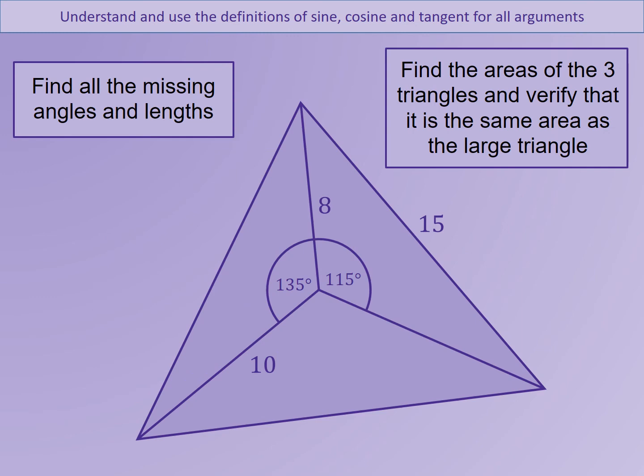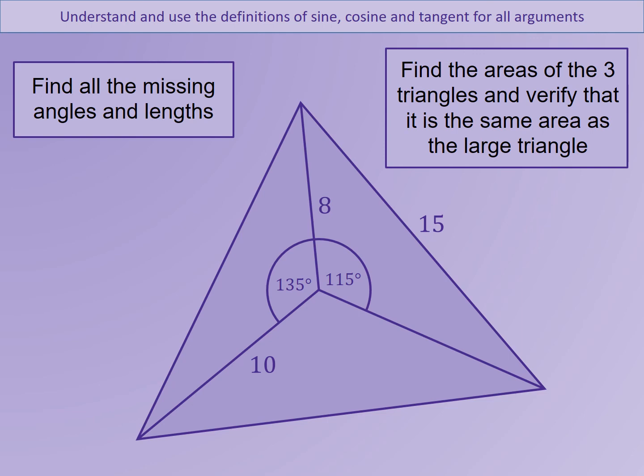Okay, really good. So we've now finished sine rule, we've finished cosine rule, we've finished area of a triangle using trigonometry. The only thing left to do now is to practice those skills. So there's two ways we're going to do that. We're going to have a look at an exercise from the textbook in just a minute, but first of all,